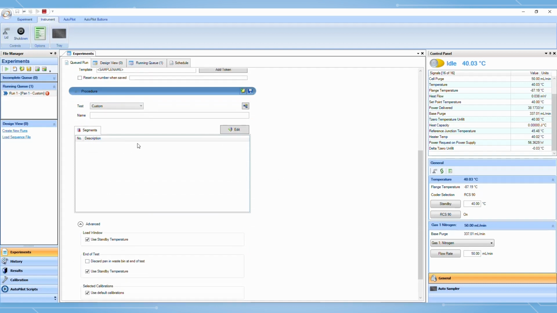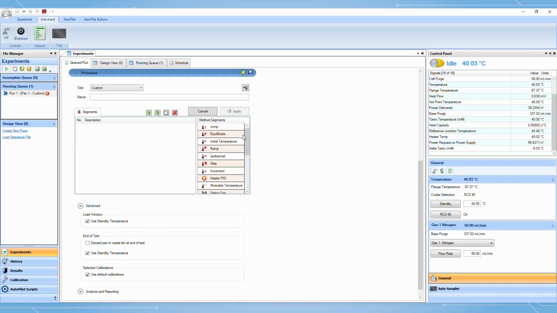Then the procedure section. There are some templates here, or you can go to custom. If you choose custom, click on edit, then you'll have access to all the segments that you can use in the method. So for instance, if you want to create a heat cool heat,